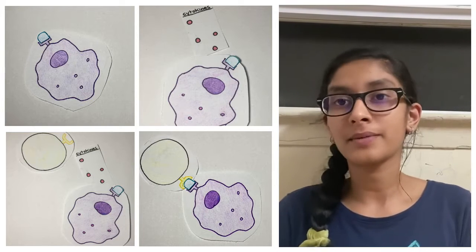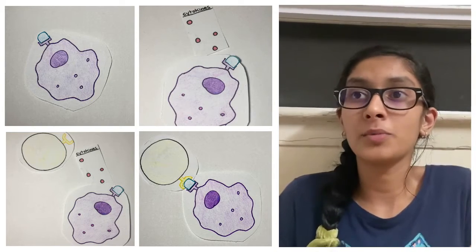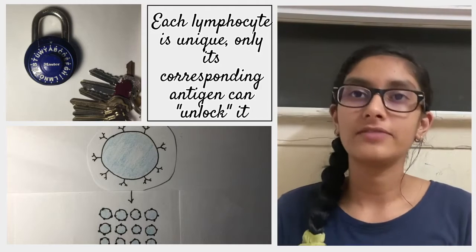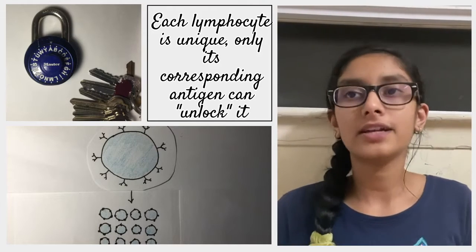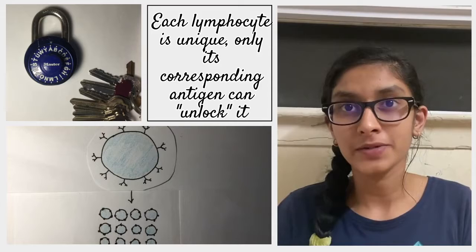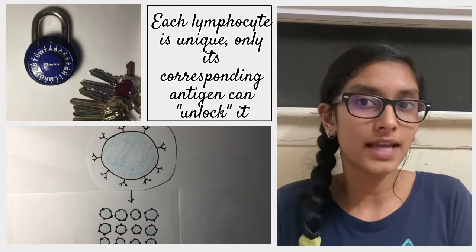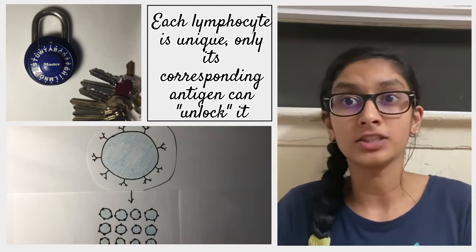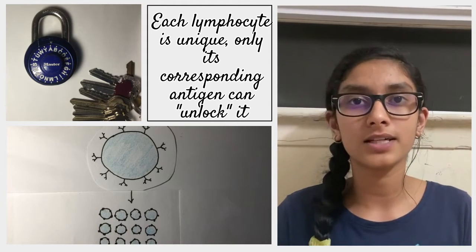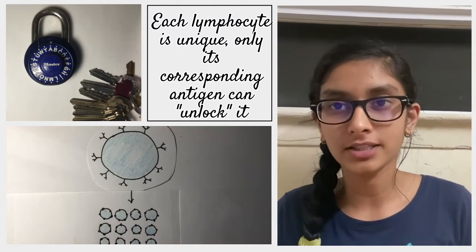If helper T cells determine the lack of a threat, no immune response will be mounted. On the other hand, if helper T cells sense a threat to the body, the antigen will be presented to numerous different lymphocytes in the lymph nodes until it is matched with a lymphocyte whose receptors correspond to the antigen, in which case the matching lymphocyte will form multiple clones of itself in a process known as clonal selection. Cytokines and interleukin-2 signal the cytotoxic T cells to activate the cell-mediated response, and the B cells to activate the